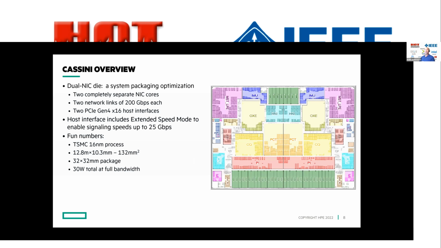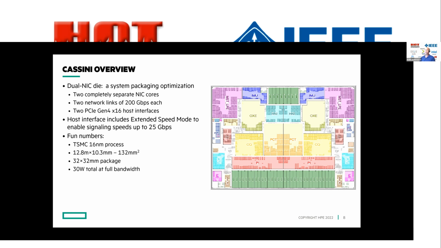All right, Cassini is a dual NIC die, pictured on the right here. There are 2 completely separate NIC cores in there, each one with a 200 gigabit per second link to the network, and each one with a PCI Express Gen 4 x16 host interface. That host interface is capable of extended speed mode. Extended speed mode is a capability that can allow signaling up to 25 gigabits per second with the Gen 4